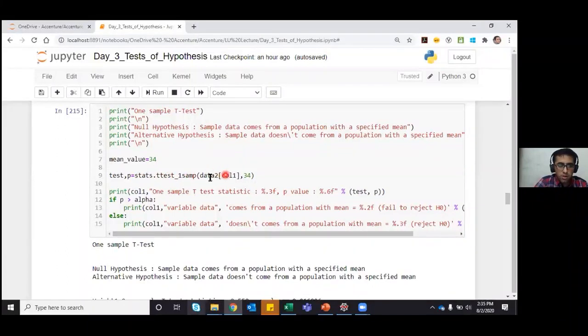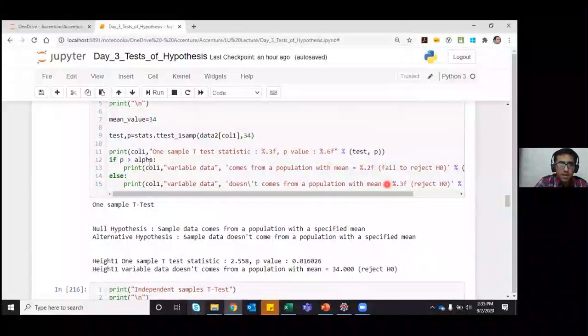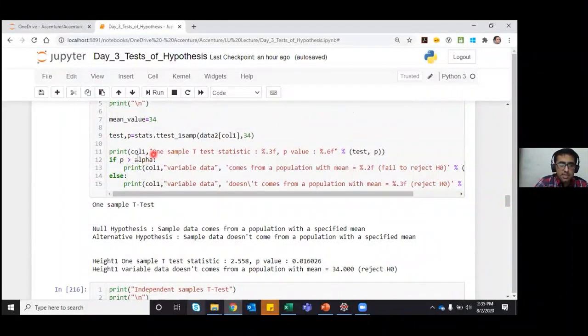I'm checking on the column data, column 1, and I've taken an arbitrary value of the mean as 34. You can change it and see it will still run. And when I run it, according to the statistics and the p-value, I will either reject or accept the null hypothesis.